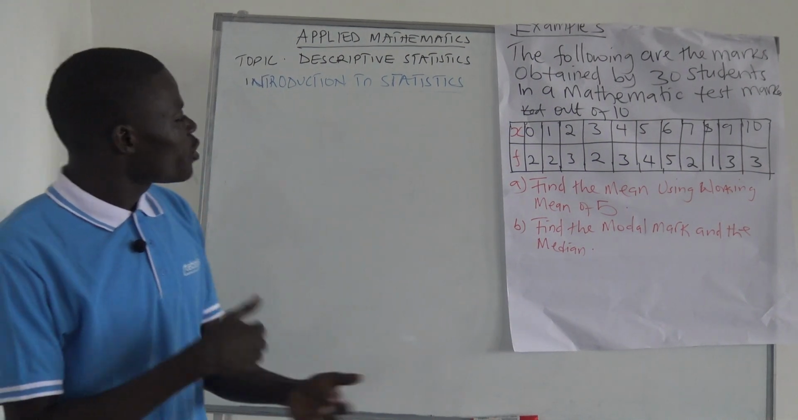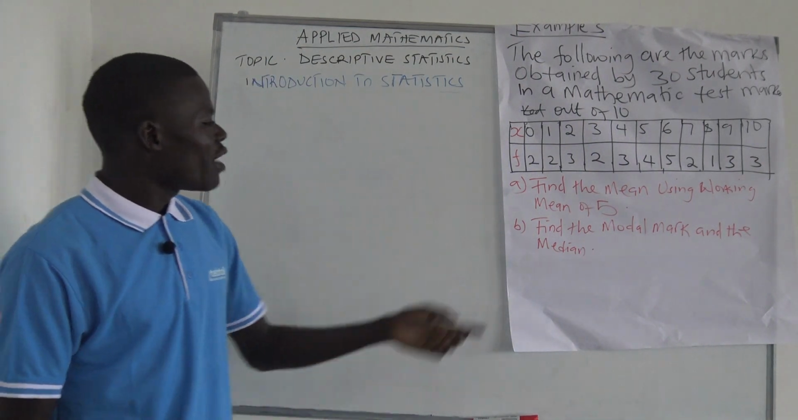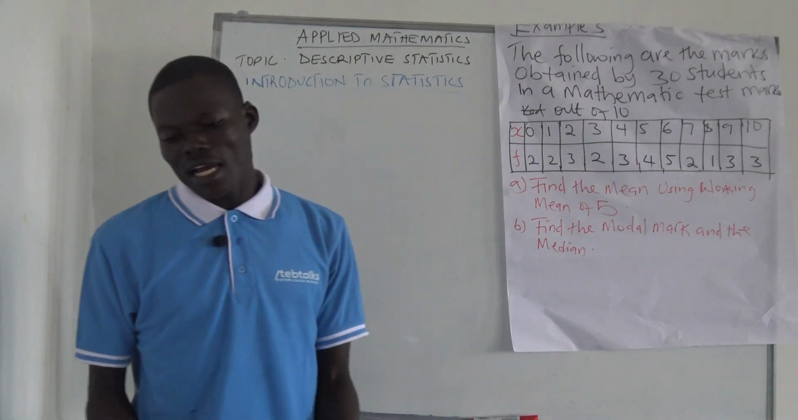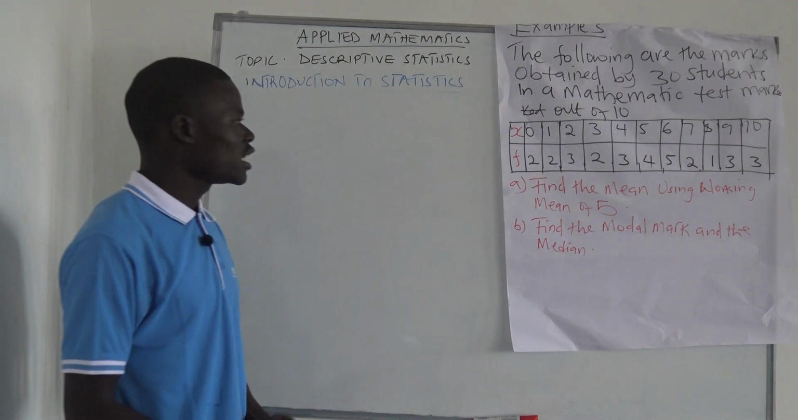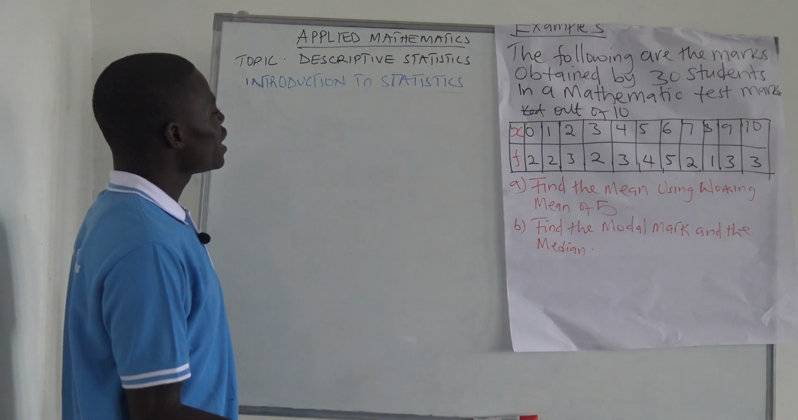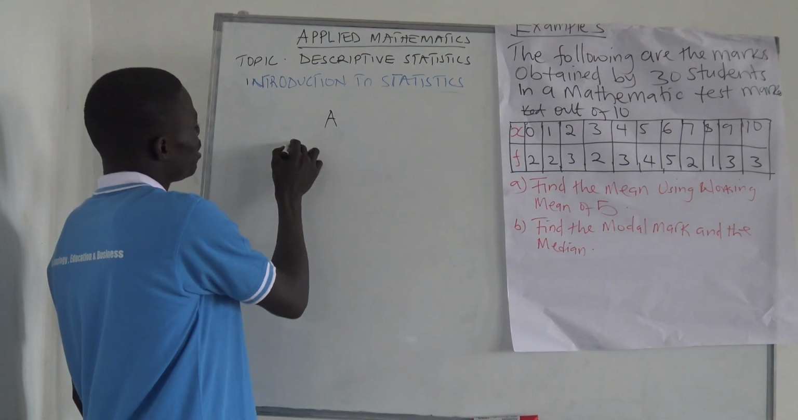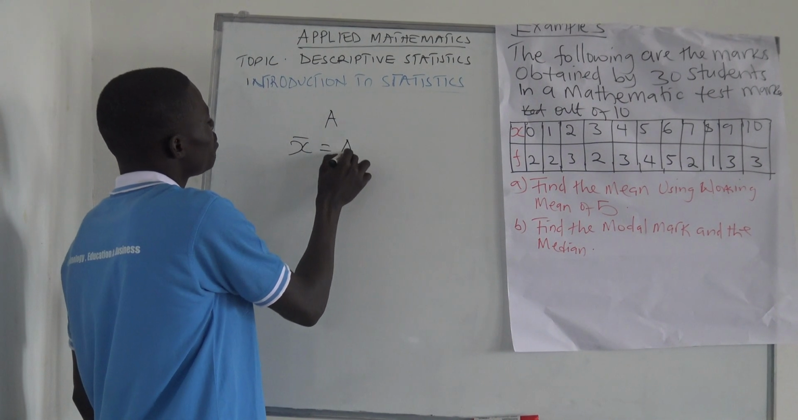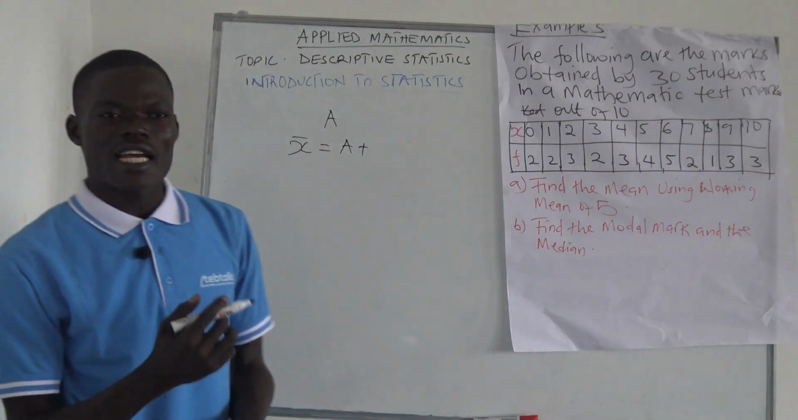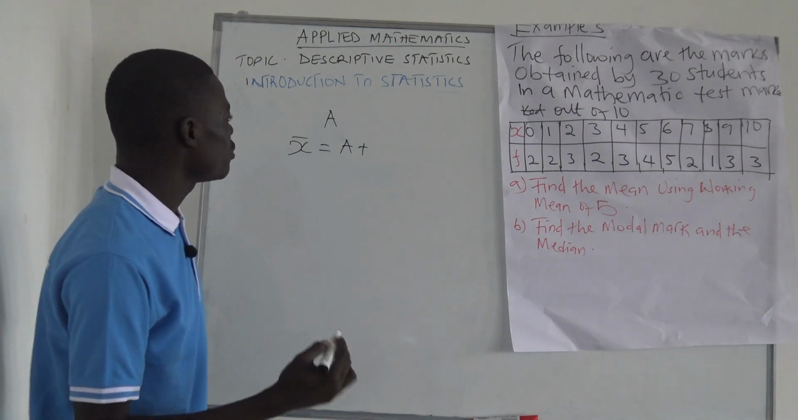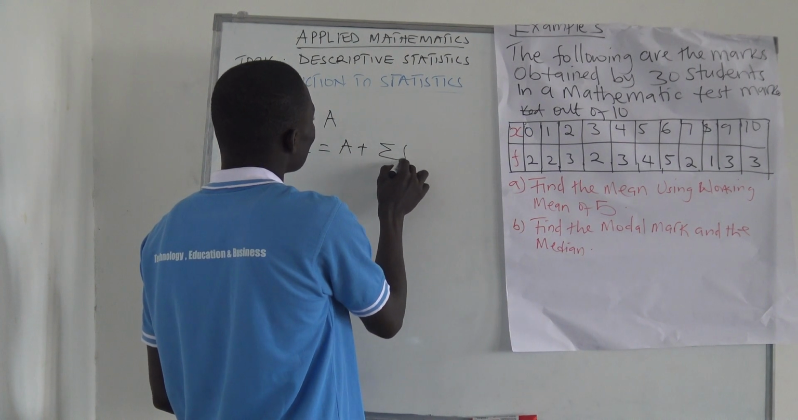The first question says find the mean using working mean of 5. Find the modal mark and the median. But before we start tackling this question, we need to put some things into consideration. If you are finding the mean, the working mean is the same as the assumed mean A. And if you have both frequency and assumed mean, we shall get the summation of frequency times the